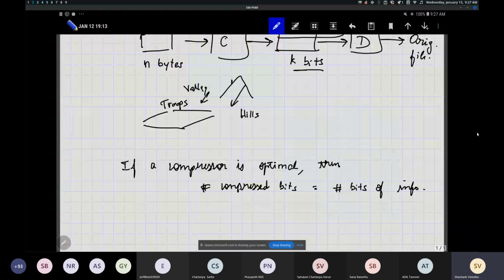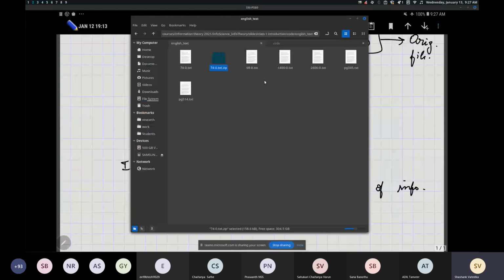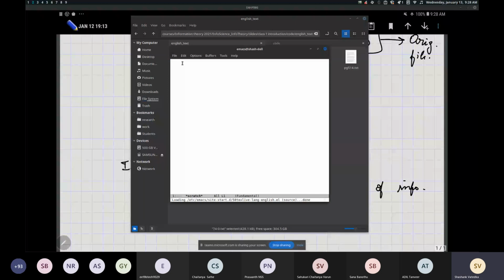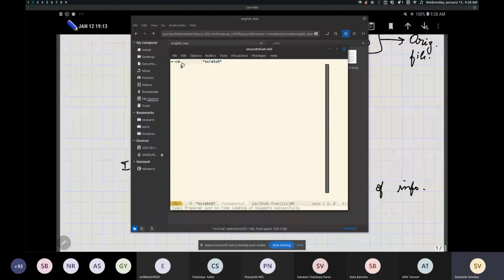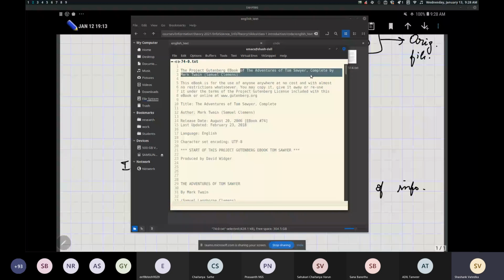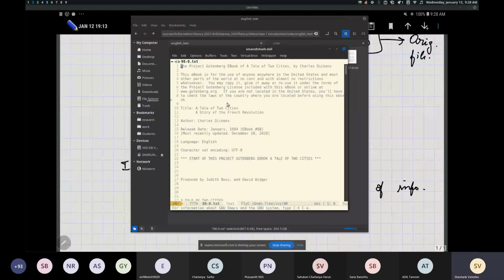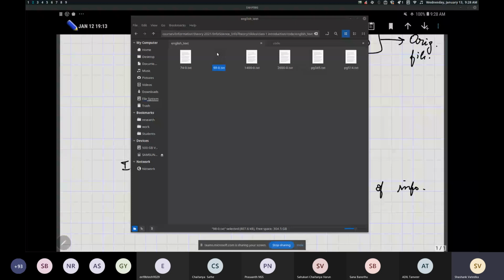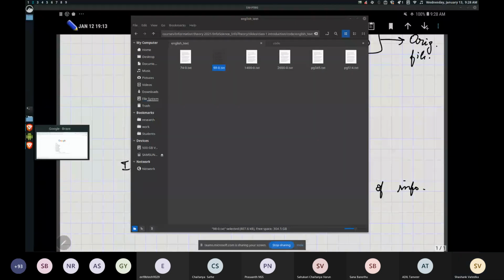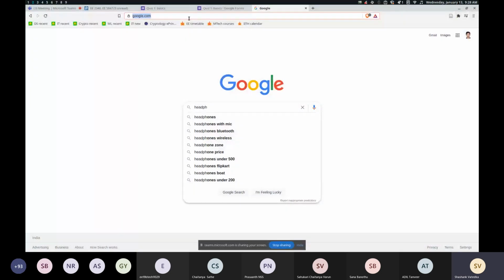So let's do some experiments to justify this. Here I have a bunch of text files. All of these are English text files. These are novels which are freely available. What I have here is The Adventures of Tom Sawyer by Mark Twain, and A Tale of Two Cities by Charles Dickens, and so on, a number of English text files. You can get a bunch of English novels freely available at